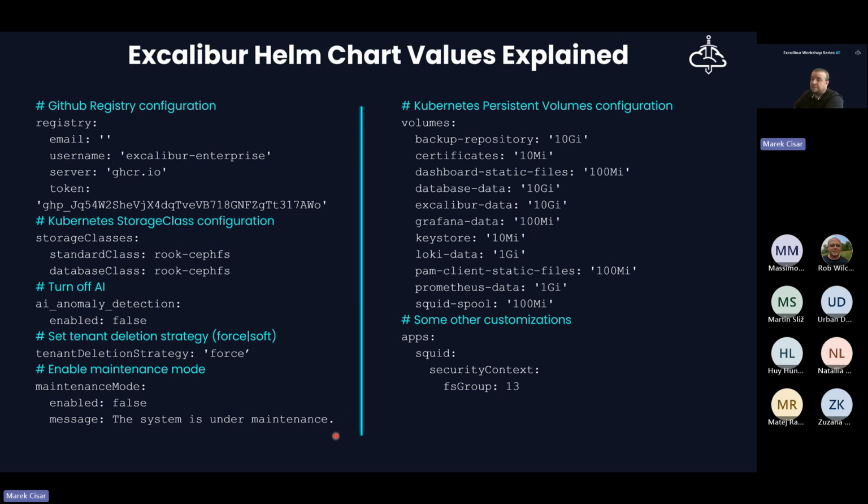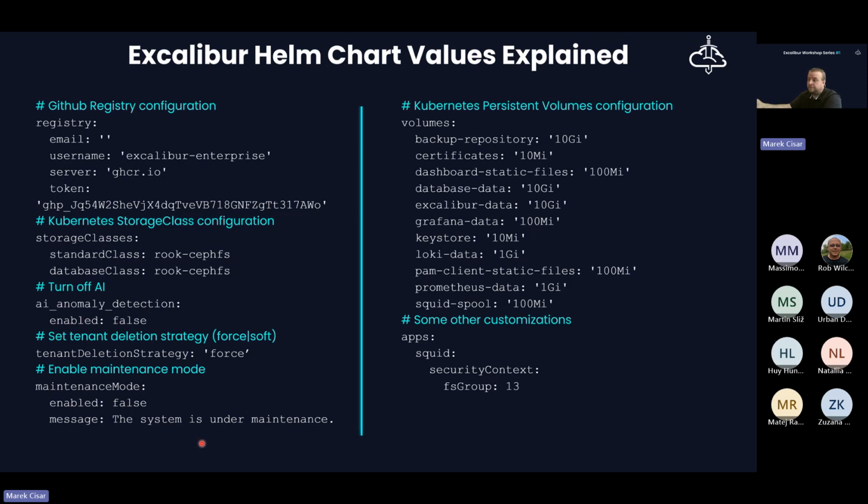Maintenance mode. Sometimes you need to put Excalibur SAM into maintenance. You can do so anytime when your instance is running. You just change this enabled to true. You can put in some kind of message for the users about what is going on. Then Excalibur SAM will be put into maintenance mode, which means the web dashboard will not be accessible for the users, and you now have enough time and space to perform maintenance tasks.